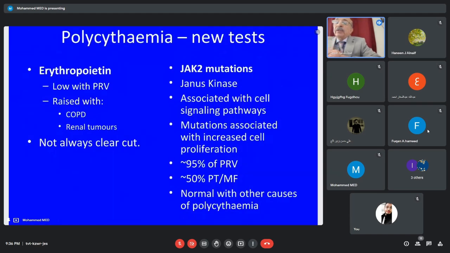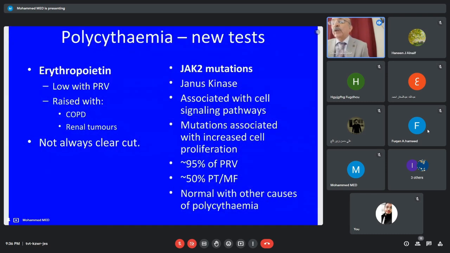What blood test do you do in polycythemia? First of all, check the erythropoietin, and in polycythemia rubra vera the erythropoietin is low. It is raised with COPD, and it's raised with renal tumors. Okay, I will say it again. The erythropoietin is a very important differentiating test with polycythemia. With the primary polycythemia,